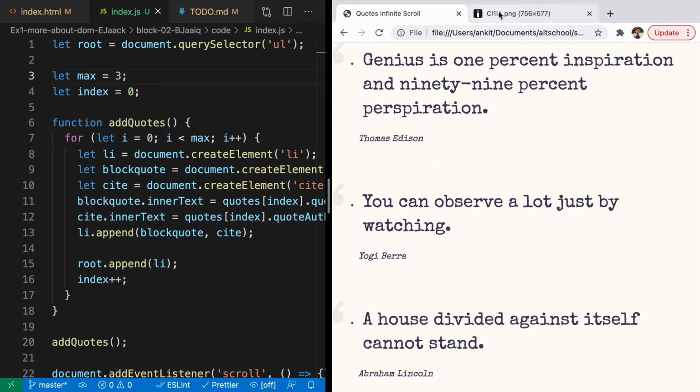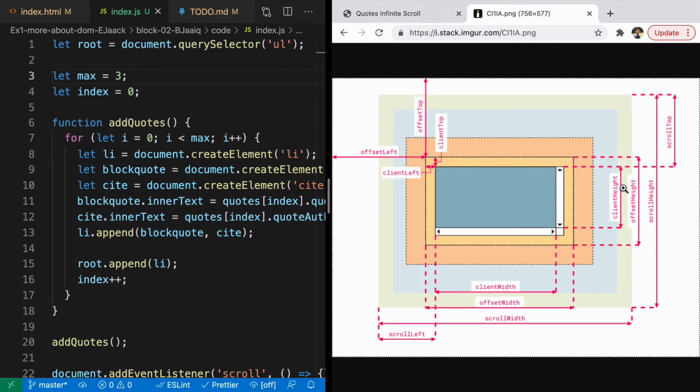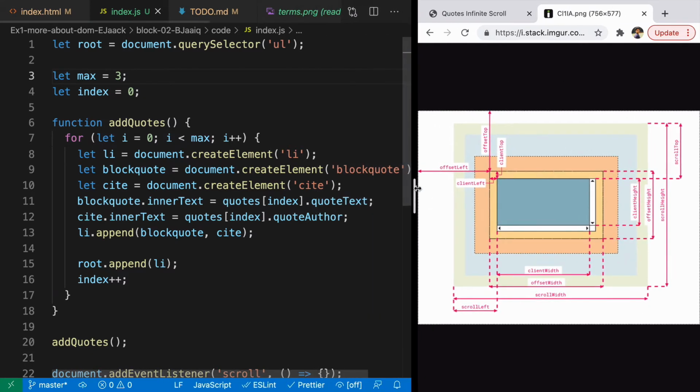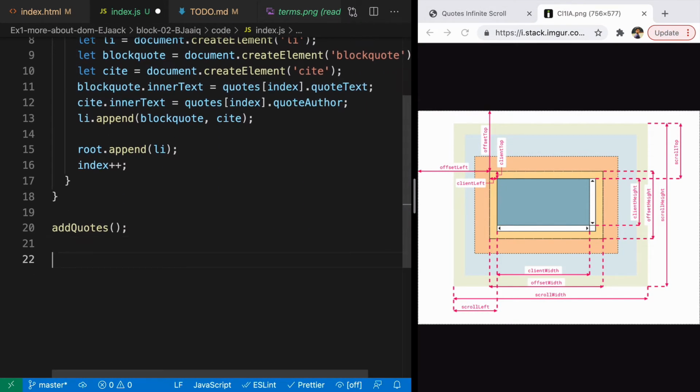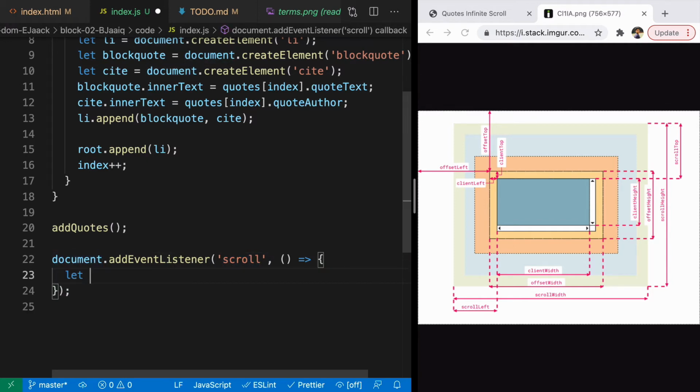So we are going to use the combination of these three: scrollTop, clientHeight, and scrollHeight. What we will do is, whenever you add scrollTop and clientHeight and they are equal to or greater than scrollHeight, we need to fetch data. Don't worry if you're getting confused. As soon as you look into the code, you'll understand that. So first thing we will do is to add an event listener of type scroll on document. And here we are going to get access to 3 properties, that is scrollTop, scrollHeight, and clientHeight. And that we will get from